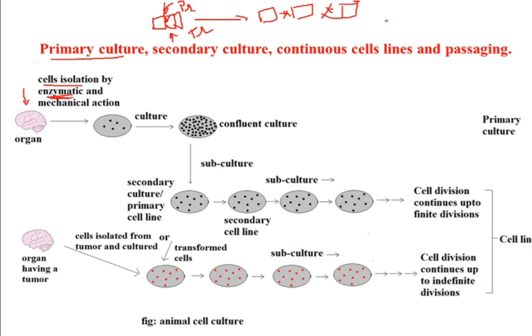Then we have mechanical isolation. We have devices which produce a mechanical force, and because of this mechanical force, these proteins are broken down, and so cells are separated. So it depends on what cell you want to isolate, and depending on that, you have to use an appropriate protocol. Now, enzymatic or mechanical, you have separated the cells, and after separation of cells, you have put them